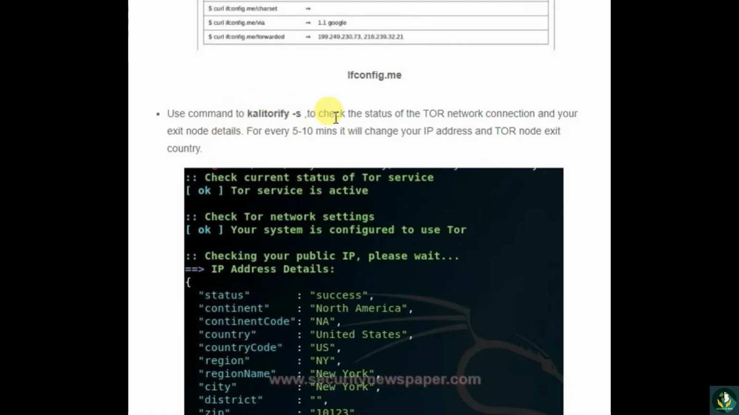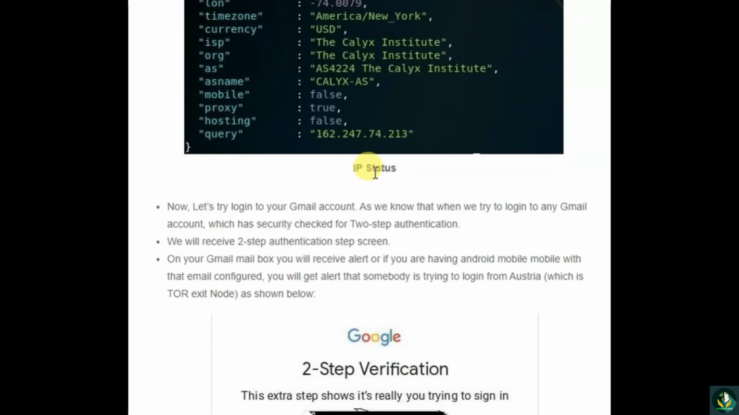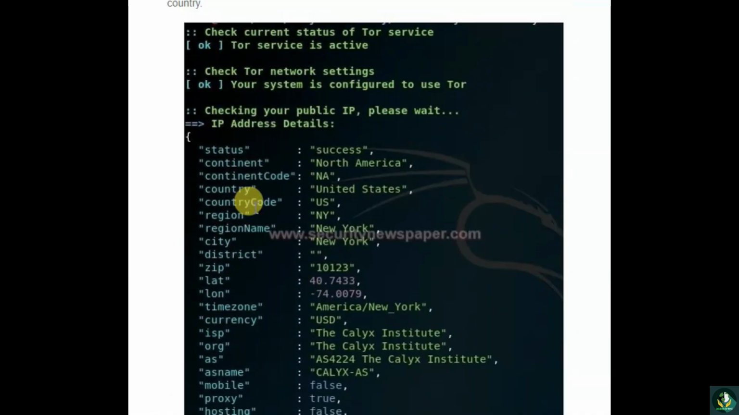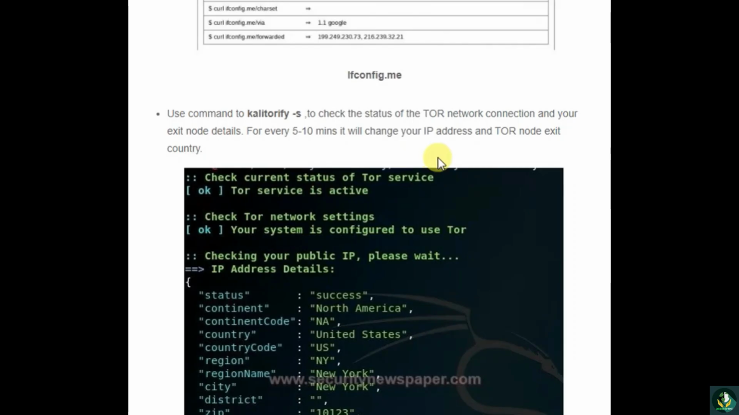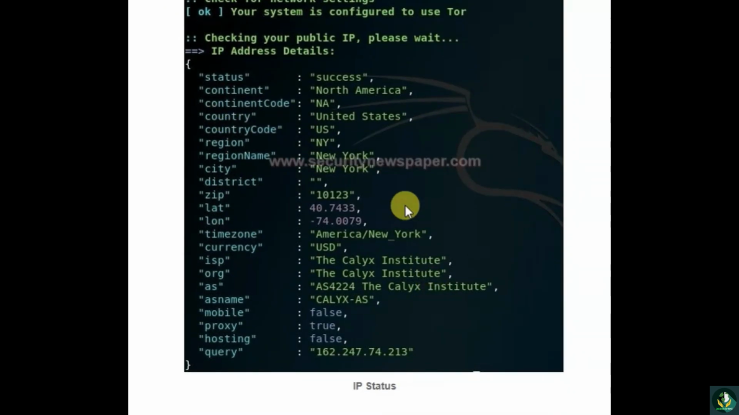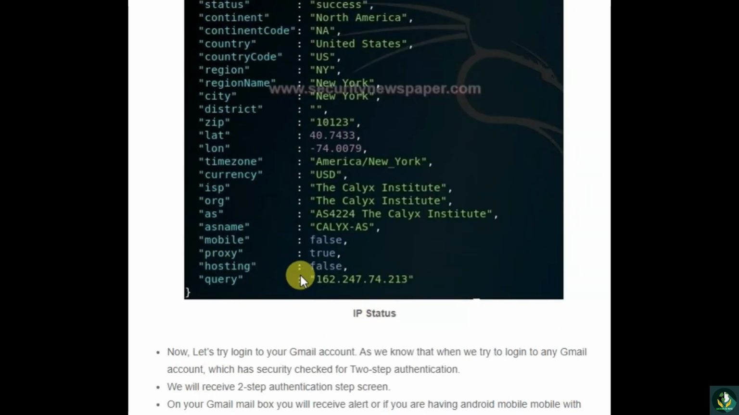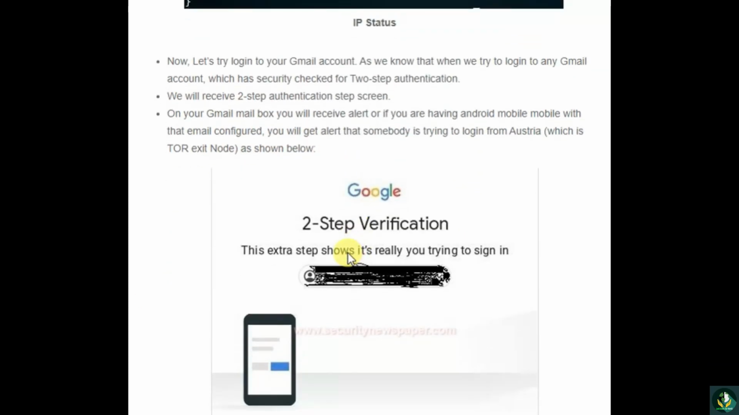Use the ifconfig.me command with kali-torify -s to check the status of the Tor network and IP status. Now let's try login. Here is the output result or IP status. Now let's try logging in to your Gmail account, as we know that when we try to log into any Gmail account which has security checked for two-step verification,